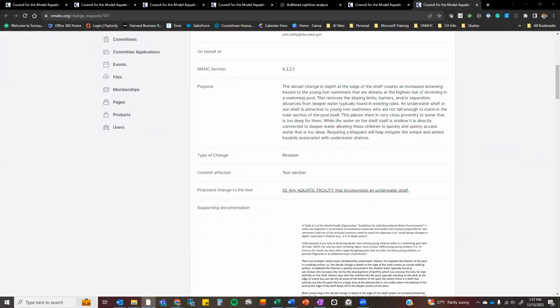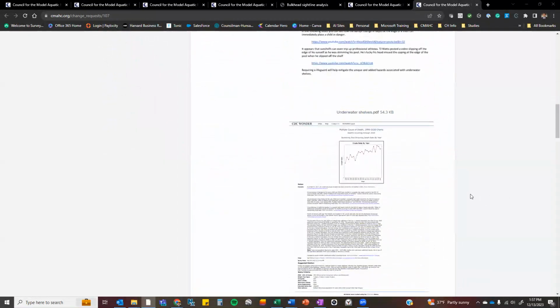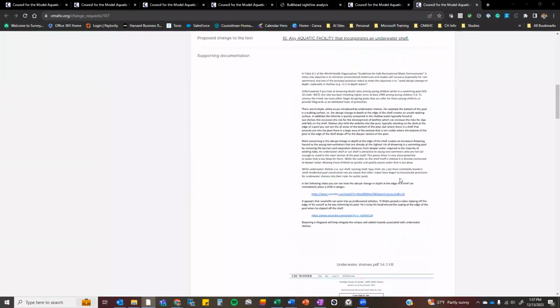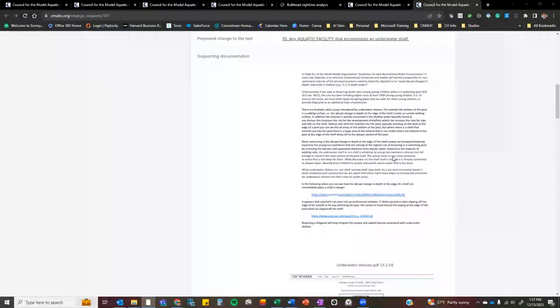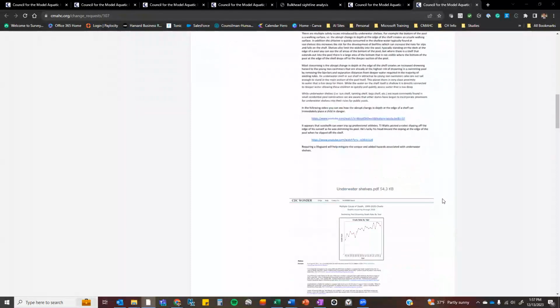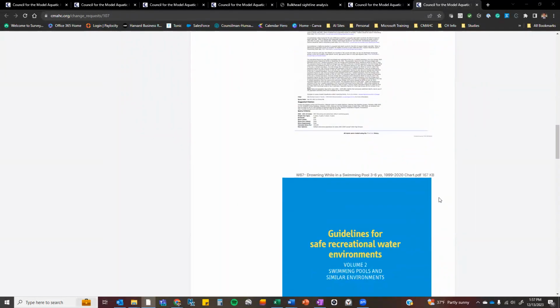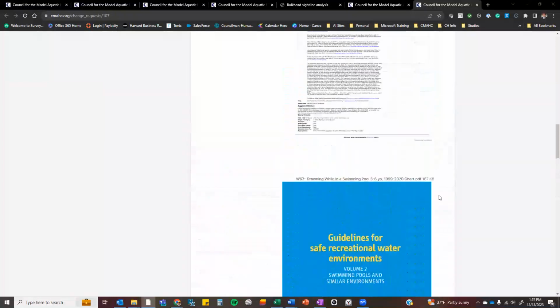They cite a 90% plus number for unguarded facilities that utilize these underwater shelves. The underwater shelf has taken the place of wading pools, oftentimes in new construction, as opposed to having separate wading pools. And then the last question they asked was, is it an attraction building